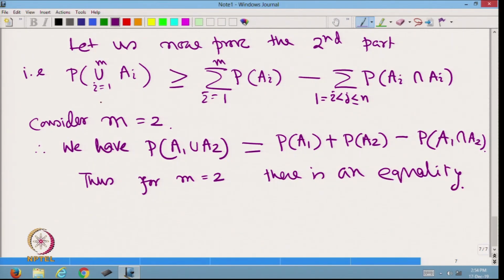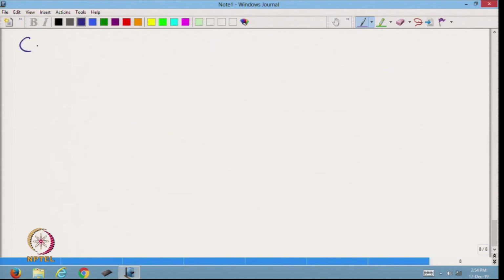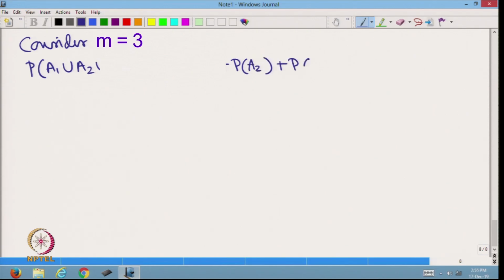This we have already seen, but it satisfies this inequality. Consider m is equal to 3. The probability of A1 union A2 union A3, we have already seen, is equal to probability of A1 plus probability of A2 plus probability of A3